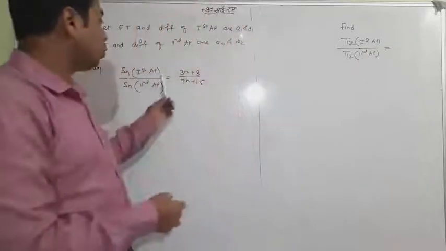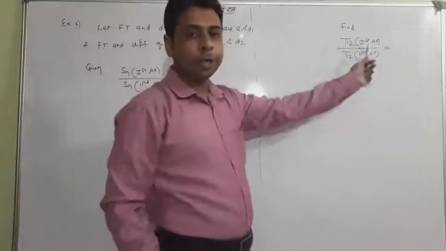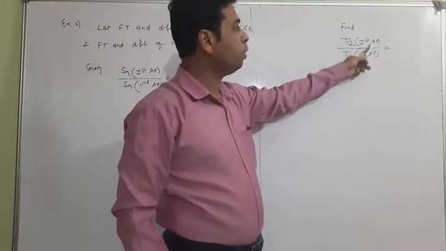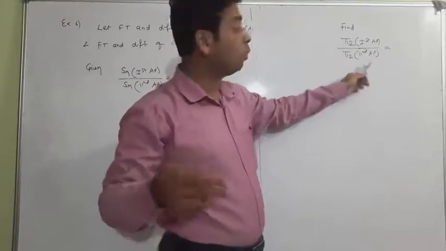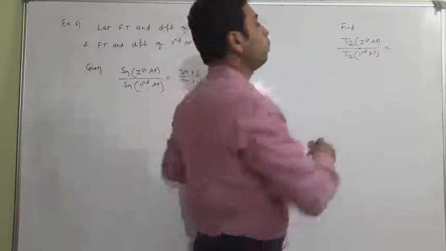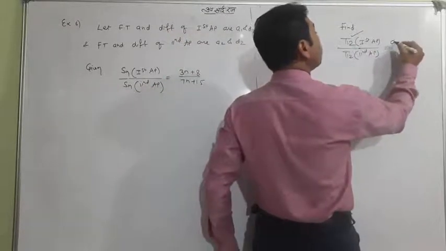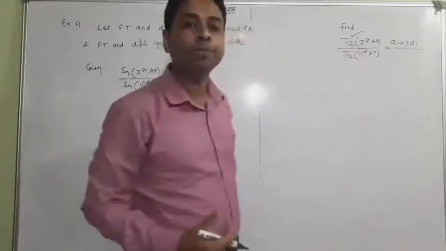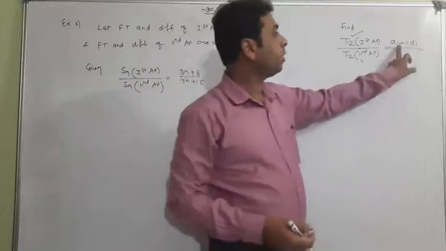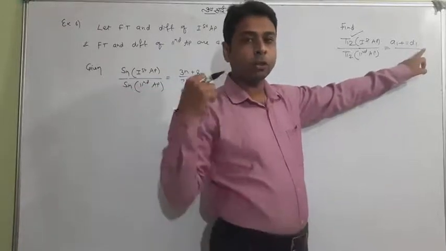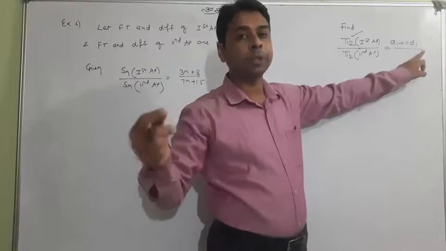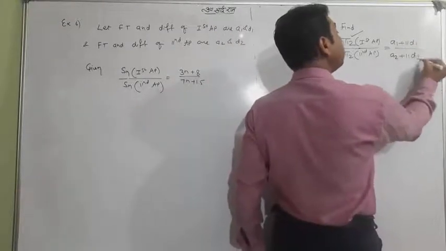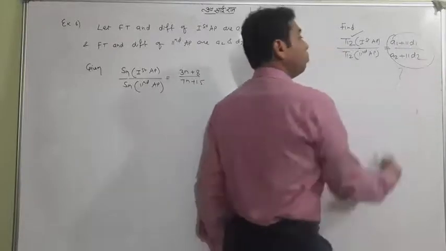Before starting the question, I want to draw your attention to your requirement. You want to find the 12th term of the first AP, you want to find the 12th term of the second AP, then you want the ratio. So what is the 12th term? Look, the 12th term of the first AP is A1 plus 11 D1. T meaning a term, A1 first term, D1 difference, and I taught you the formula also, a plus n minus 1 into d. This is A1 plus 11 D1. It is A2 plus 11 D2. So you need this answer anyhow.